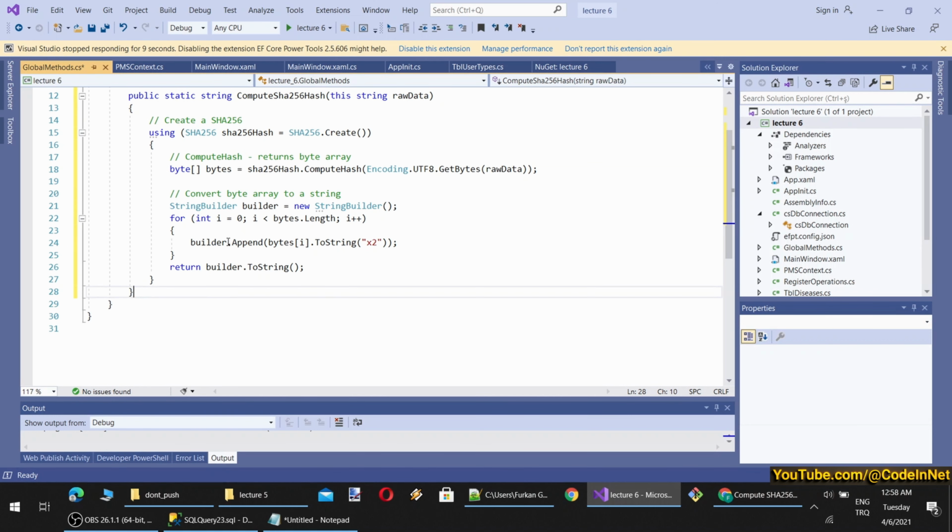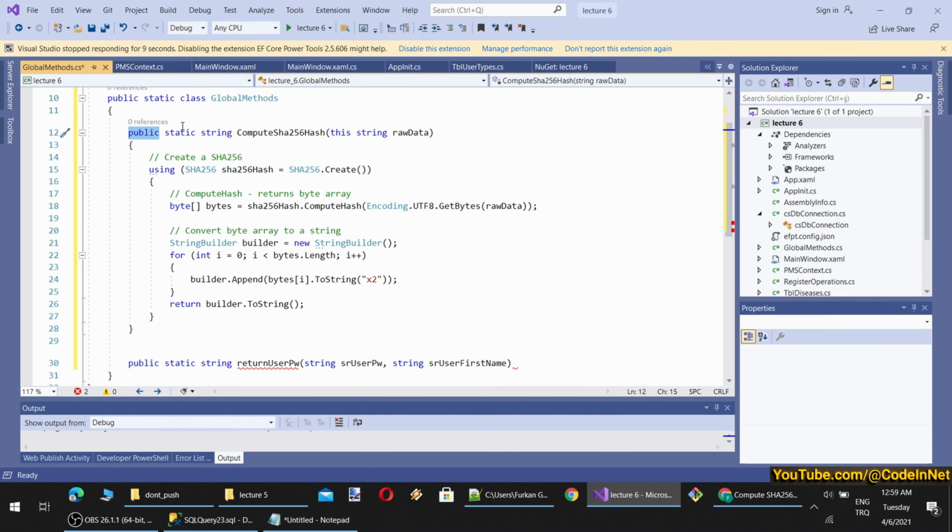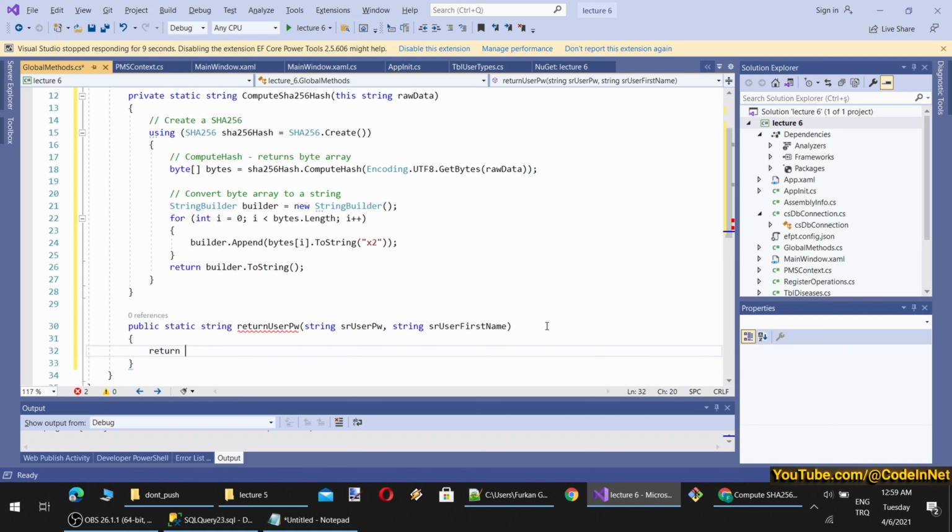Let's add another method. This will take string user password and string user first name. By the way, we don't need this to be public, it can be private. This will return compute SHA-256. Okay, so let's append it like this and add some character here.